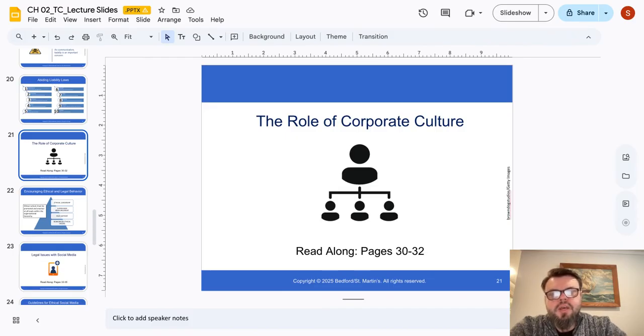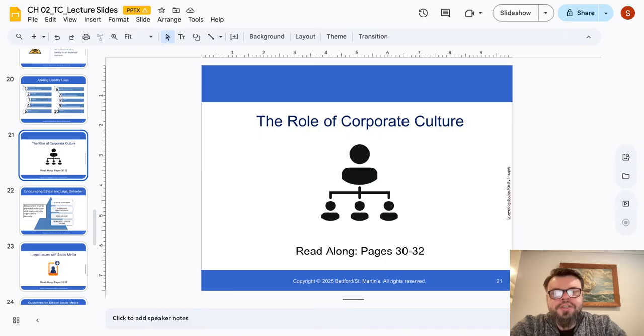The chapter emphasizes that organizations exert a powerful influence on how employees behave. Research shows that companies with strong ethical cultures experience fewer ethical problems, less pressure to commit misconduct, and more willingness among employees to report problems when they occur. The key takeaway here is that ethics isn't just about individual character. Even well-intentioned people can make poor ethical choices when they work in environments that reward cutting corners or discourage speaking up. Corporate culture shapes what feels acceptable, what feels risky, and what feels expected in day-to-day work.